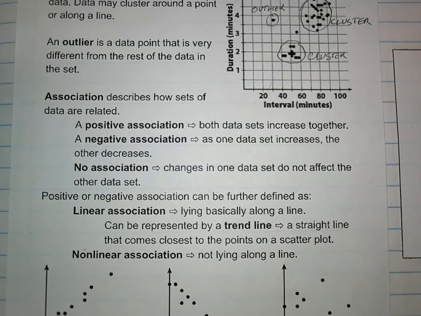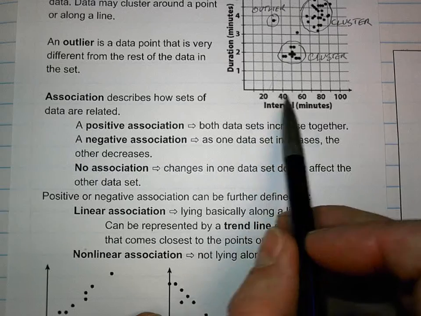Okay. So let's talk about association. Today is really about association. When we get data, we can actually give it a line. We call that a trend line. That's for tomorrow. But for data, a lot of times we'll talk about association. A positive association means when one goes up,